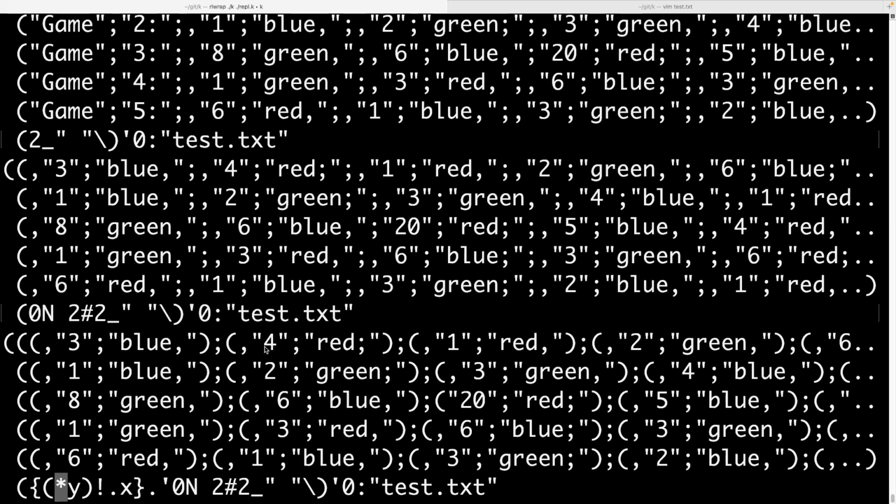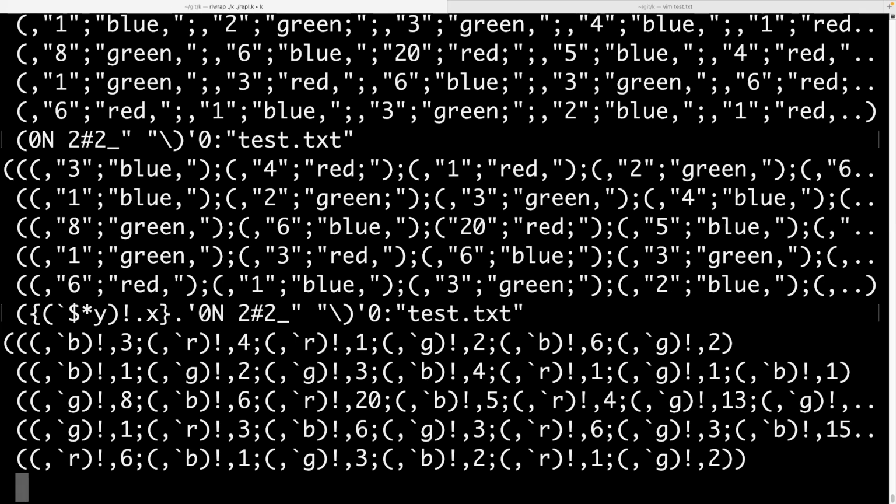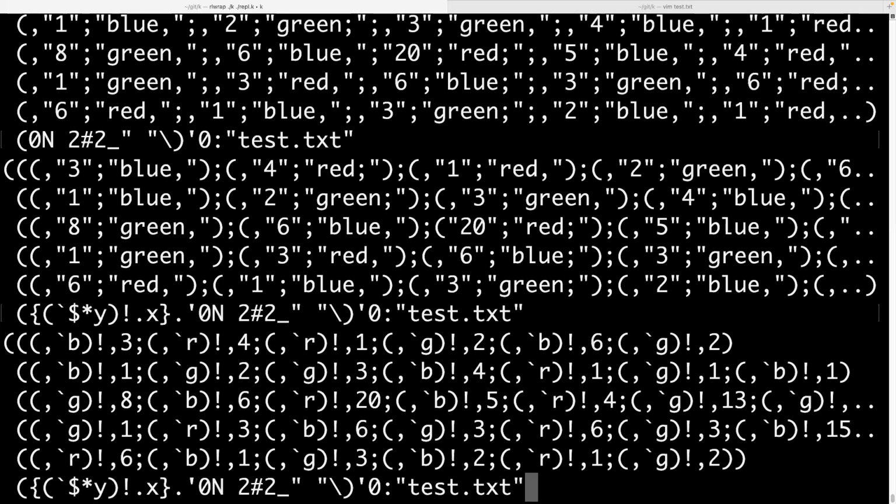So you can see here, we haven't taken out any of the punctuation. So these colors aren't actually the same because some of them end in commas, some of them end in semicolons, and then presumably the last element doesn't end with any punctuation at all. So we can get around that by just looking at the first characters for red, green, and blue. These are all distinct. So we'll look at the first character, and then we will turn it into a symbol. And so we get a list of